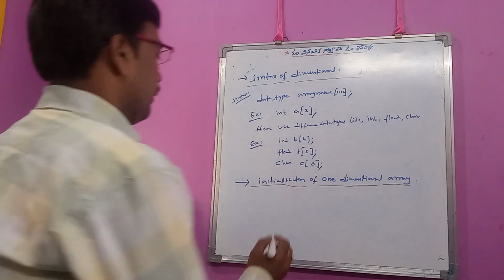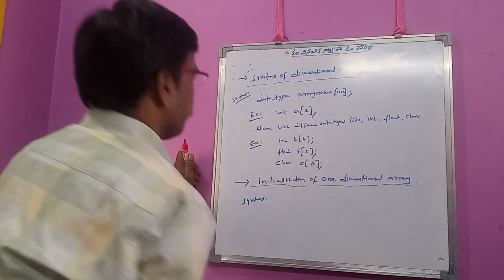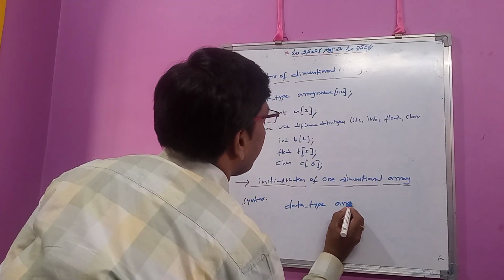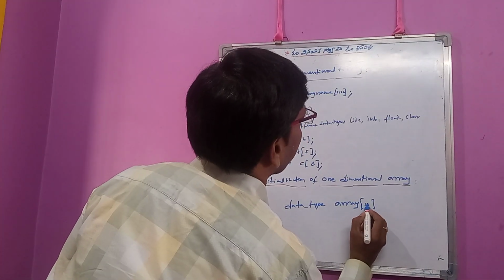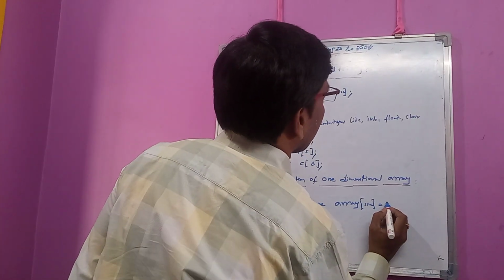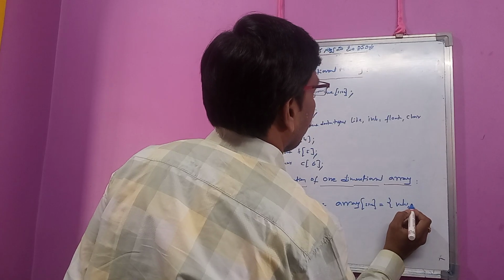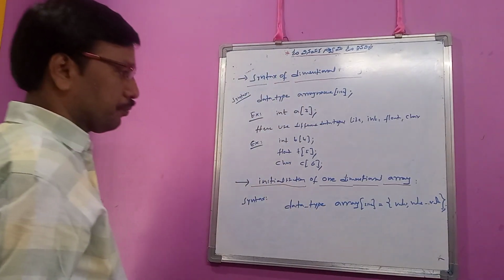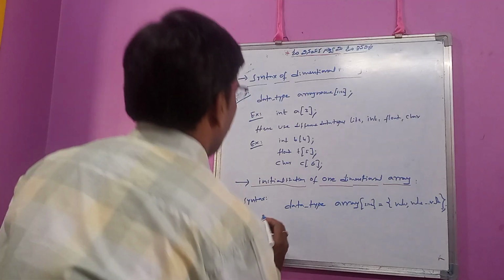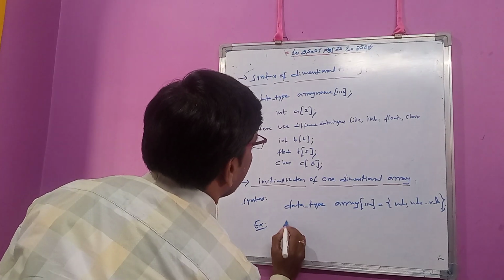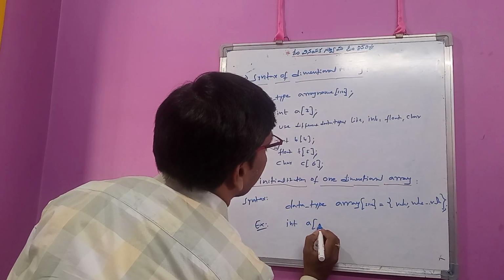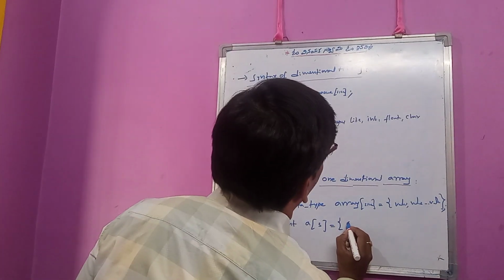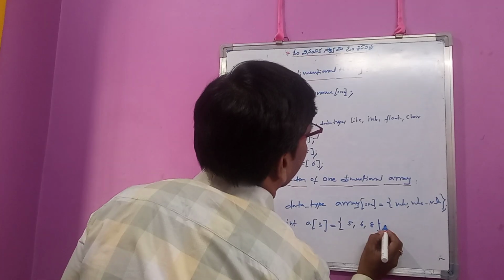Here also we have the syntax: data type, space, array name, size, equal, value 1, value 2, value n, semicolon. Example: int a[3] = {5, 6, 8};